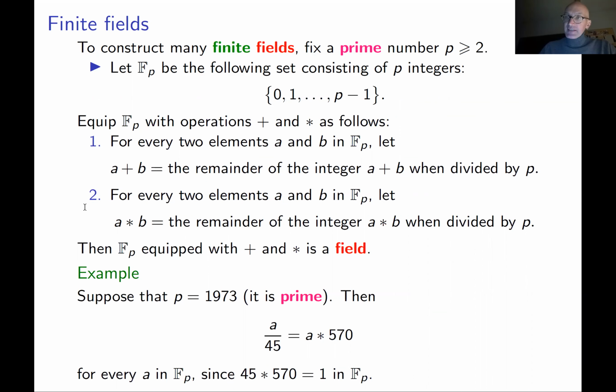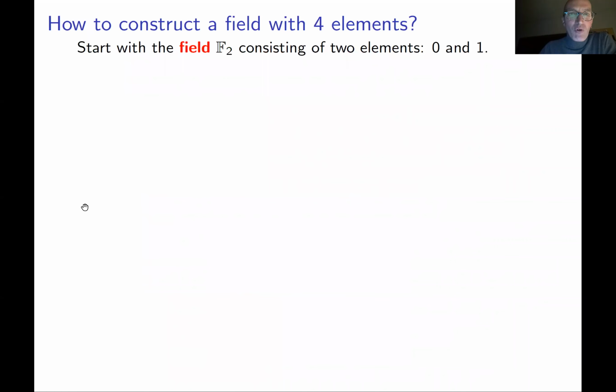Such a way actually exists. It's a little bit abstract. So basically, if you don't want to listen to the remaining part of this lecture, just skip it. We're not going to use the field of 4 elements, and we're not going to use any other finite fields other than this Fp described here. But I think if you're curious how to define a field of 4 elements, it's fun, and I decided to include it. Okay, you start with a field F2 consisting of 2 elements, 0 and 1.